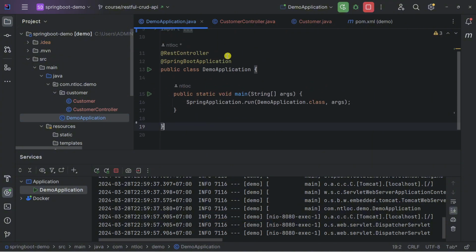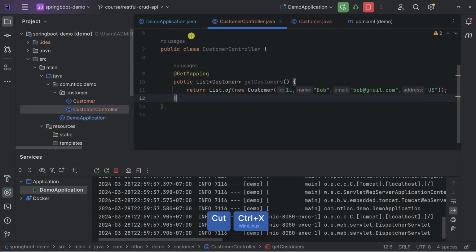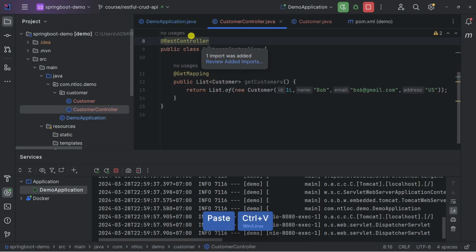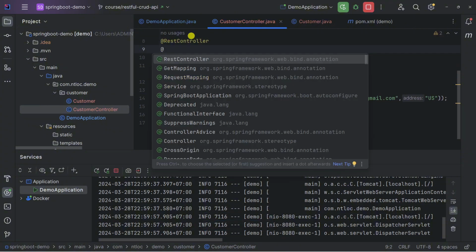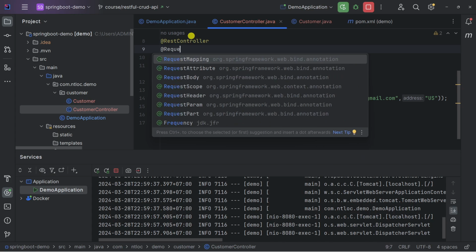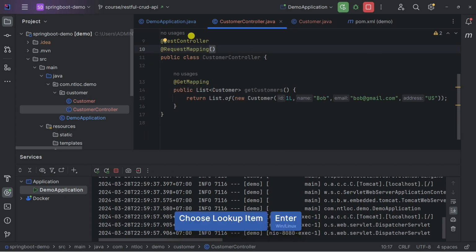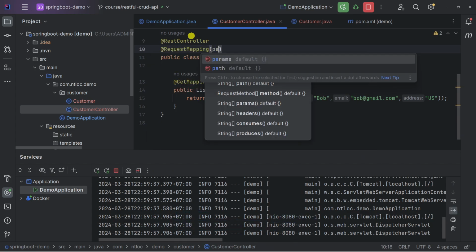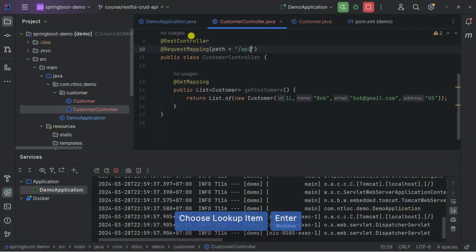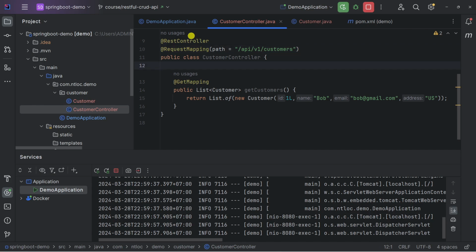And also we take RestController in here and paste it in here. And one additional annotation I would like to add is RequestMapping, and I would like to have the path /api/v1/customer. Okay, let's rerun again.